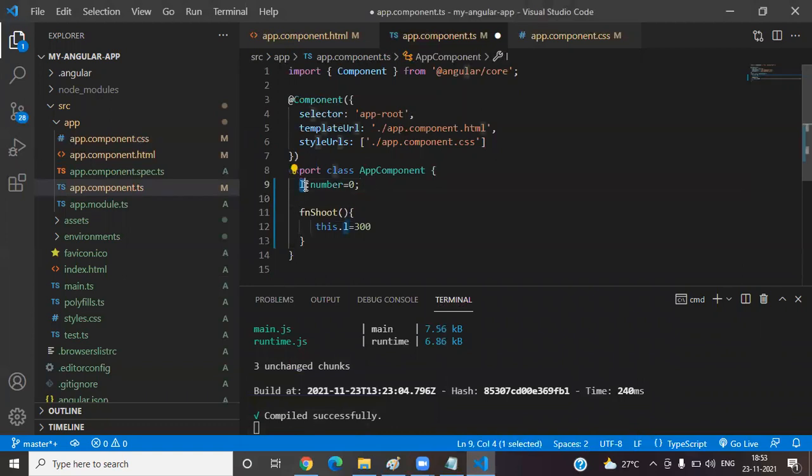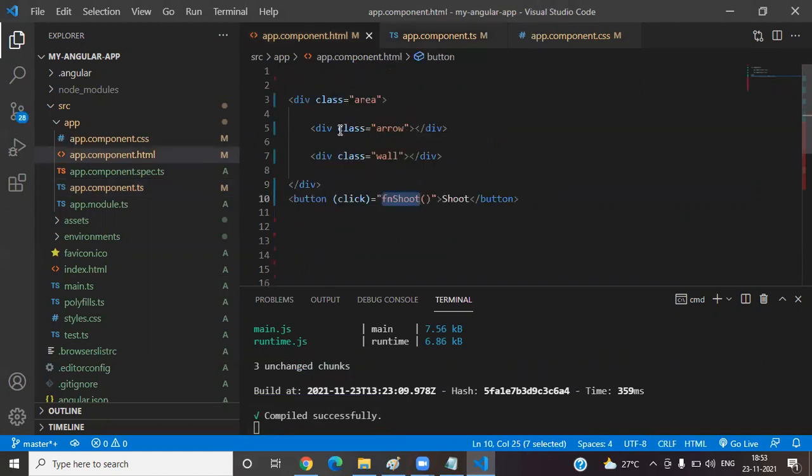But this value you have to apply for which element? To my arrow. If you want to apply one CSS property, 0 is there, I want to apply it to my arrow as a left CSS property. If you want to apply one property dynamically, can we go with inline styling by using ngStyle? My ngStyle equals, what is the property name? My left is the property. Can I use that left here?